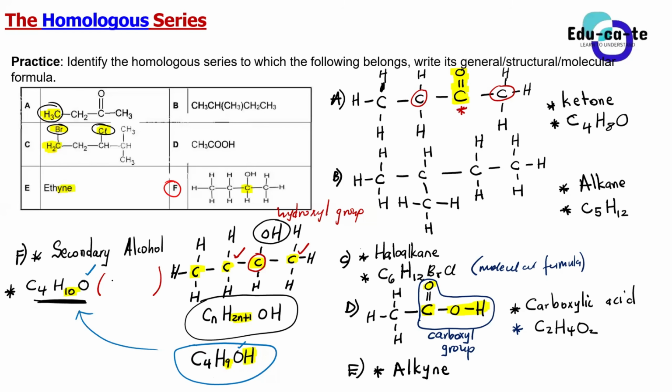So the other way, you can say C4H9OH. And guys, let me tell you what, they can just give you the molecular formula, for example C4H9OH, and ask you to tell the homologous series. They can also tell you to draw the structural formula from this. So you must understand the molecular formulas and how they work. Are we together?